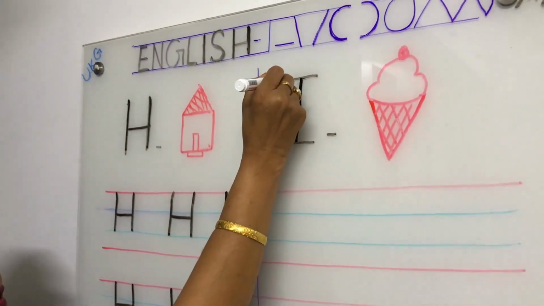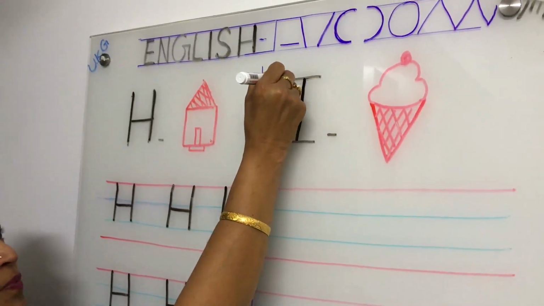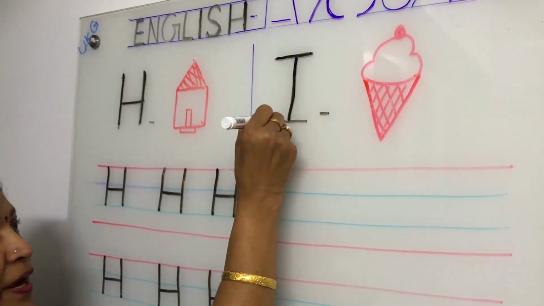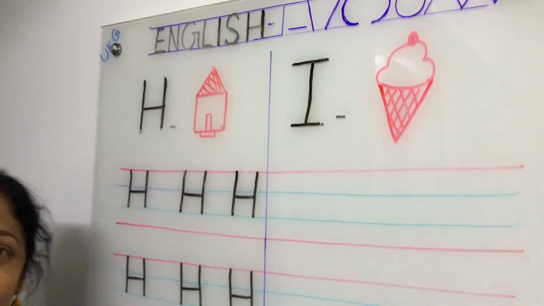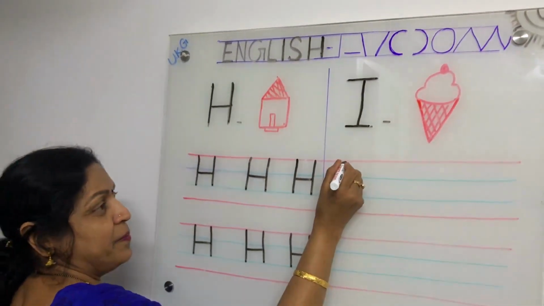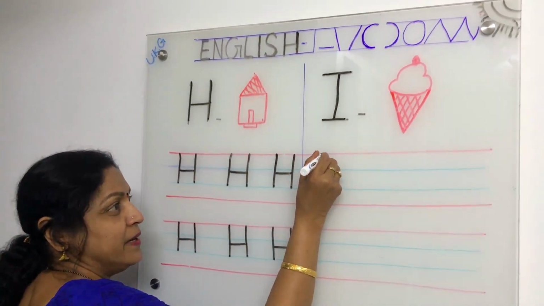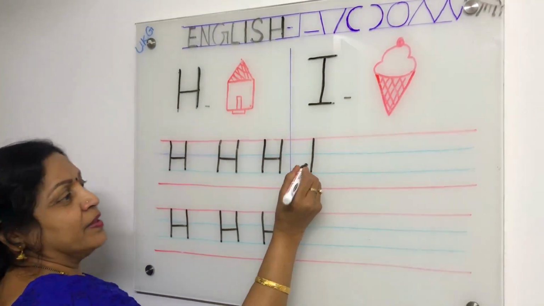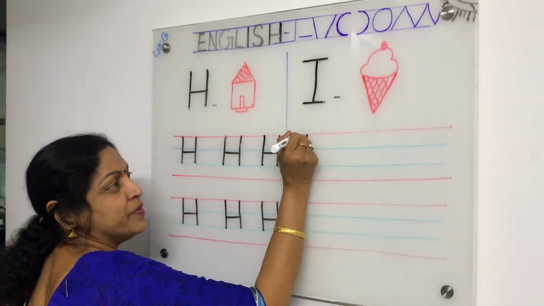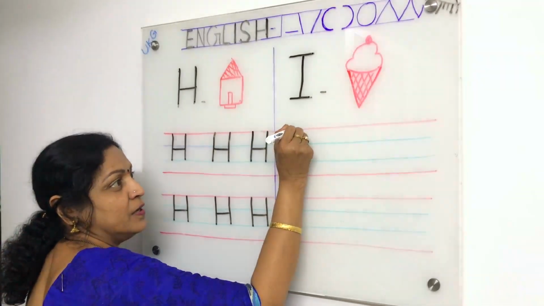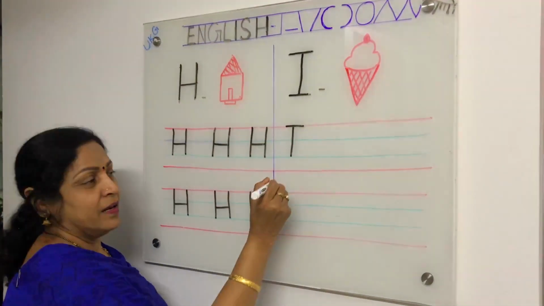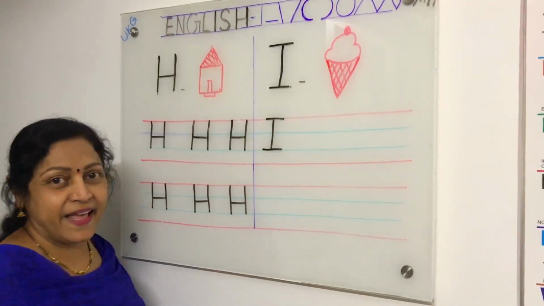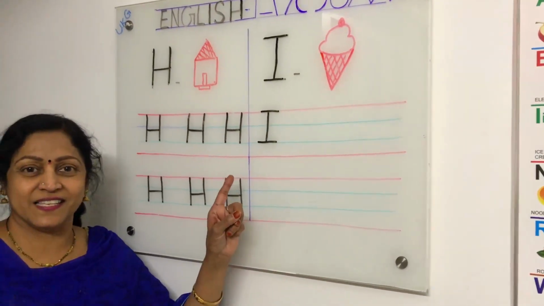Go to top and write small sleeping line, and in the bottom write one more small sleeping line. That's all. Okay. See here, children. From red line to blue line, write a standing line like this. Go to top, from here to here, write a sleeping line, and in the bottom write one more sleeping line like this. Okay, what is this?